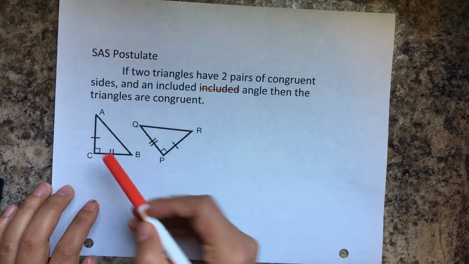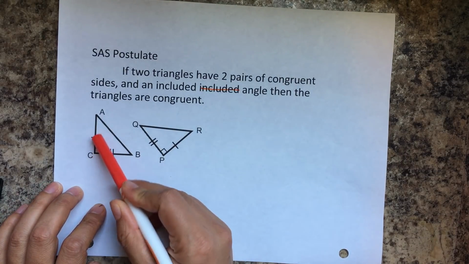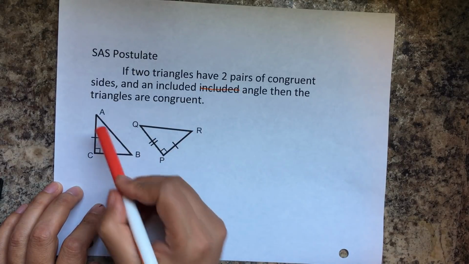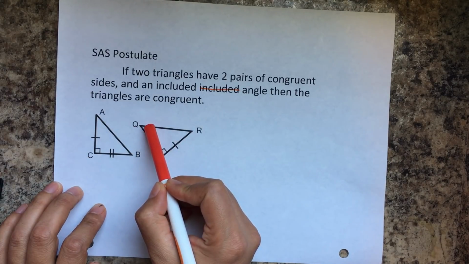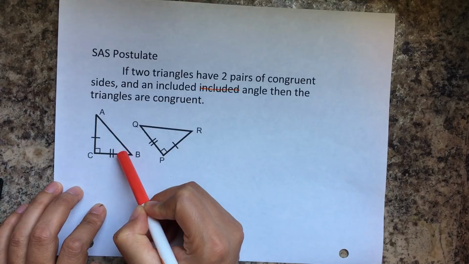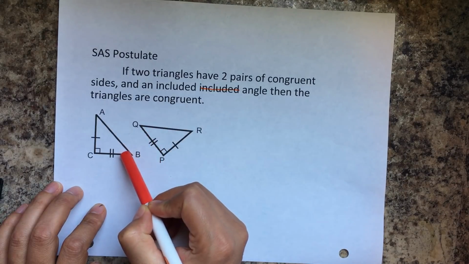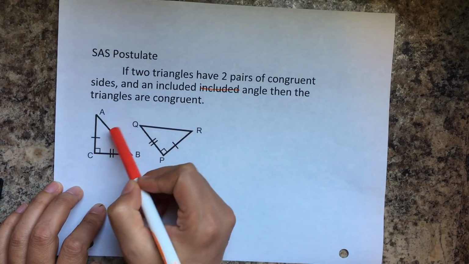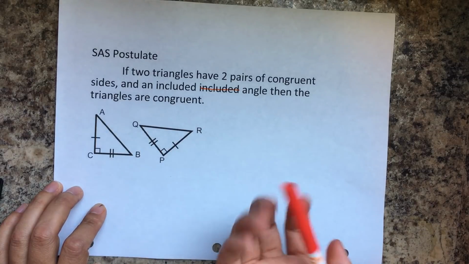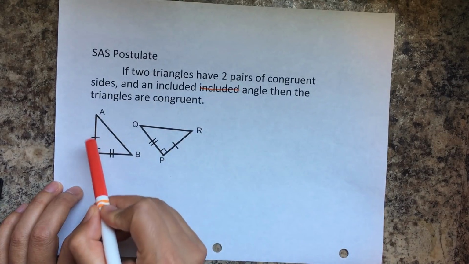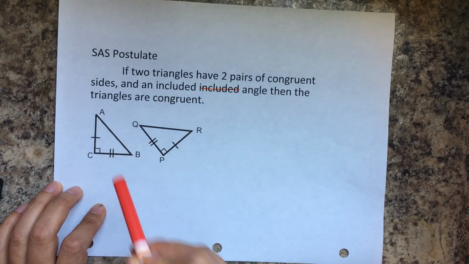Okay, so basically by having side angle side, then I know that this angle is congruent to this angle, and this third side is congruent to this third side. That's what it means. But the shortcut is side angle side. Okay,